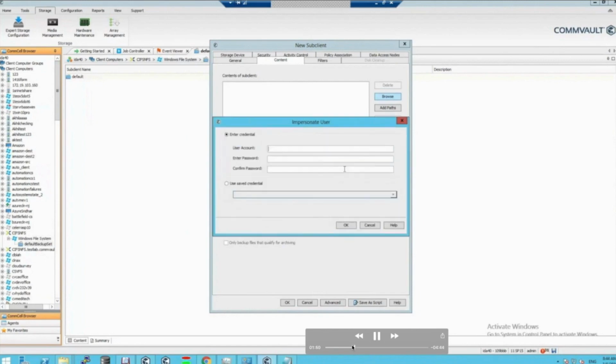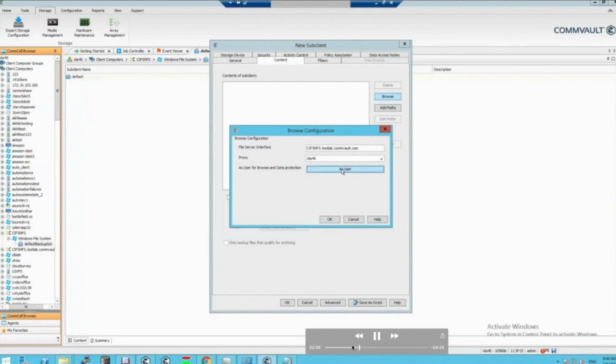We're going to use an Active Directory enabled user to be able to validate the data that sits inside of the file share. We can also use saved credentials here as well, so you don't necessarily have to have administrators poking this in every time. Once that's created,